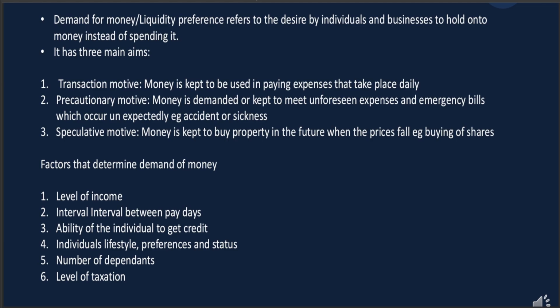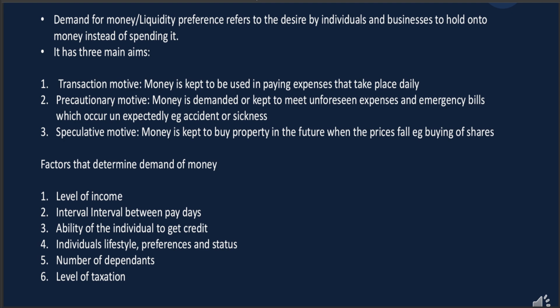Someone who earns less usually doesn't save a lot because he has less money in his bank account. So what he does, he pays for expenses ambazo ziko pale nyumbani. Sasa just imagine mtu ana earn 30,000 na rent tayari 25,000, atasave nini? It doesn't make sense. So if someone is earning like 300,000 or 400,000 and the rent is 30,000, obviously he'll still have money in his bank account, so he can save it for such causes like transaction, precautionary motive, and speculative motive.